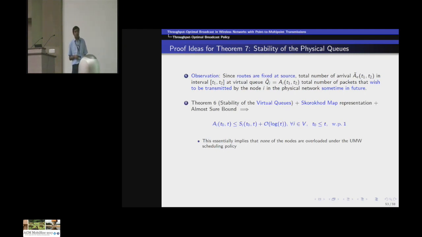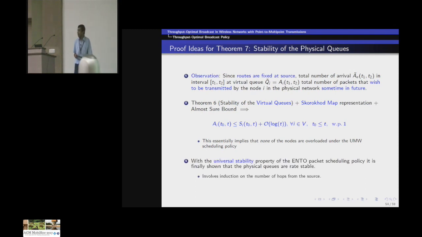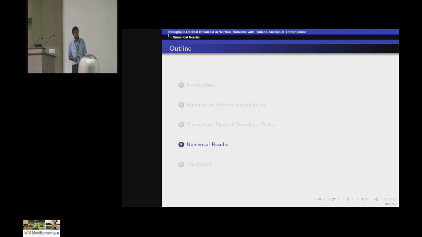The proof uses stability of the virtual queues that we established in the previous theorem, the Skorokhod map representation for the queues, and the almost sure bound that we established, so this equation holds almost surely. Finally we use a property from the extended nearest origin policy, the universal stability property, to show that the physical queues are stable, rate stable.